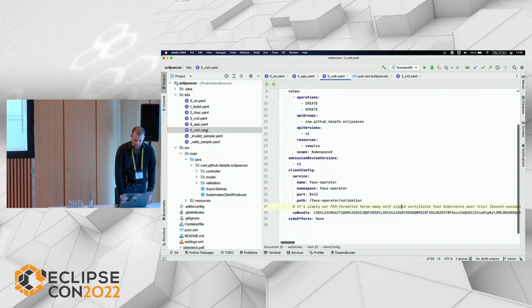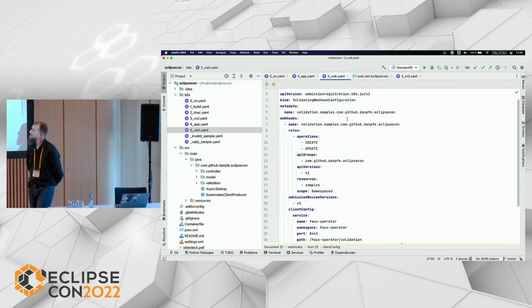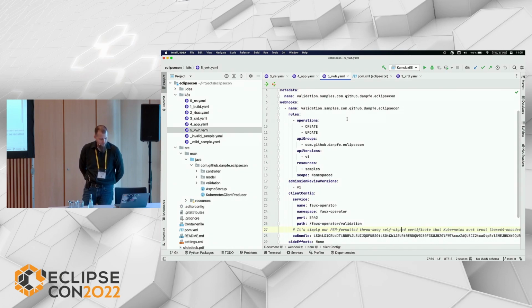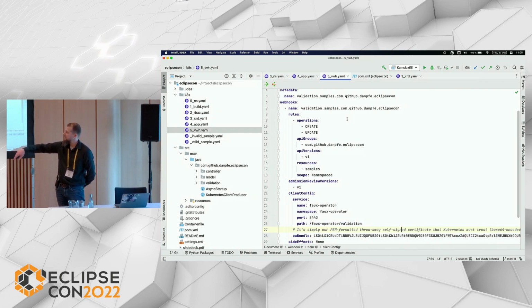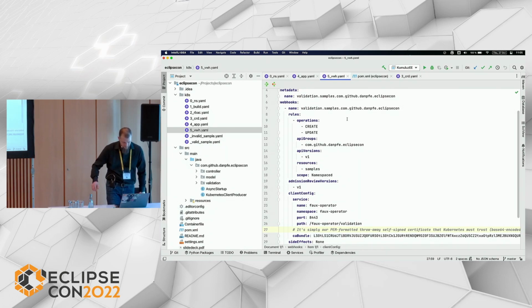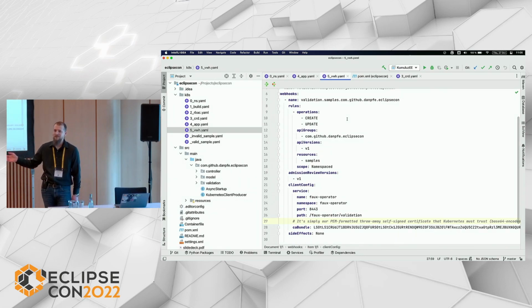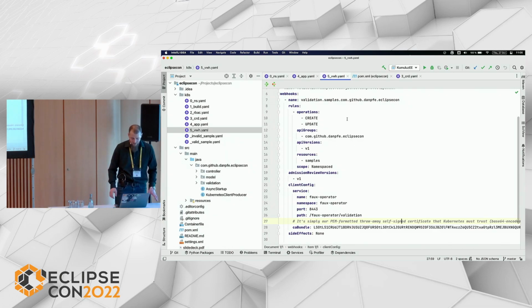And finally, we have the validation webhook. And there we basically tell Kubernetes that, OK, if a sample, like the custom resource sample, is created or updated, then we are calling a JAX-RS resource on the path faux operator and on the service faux operator in the namespace. Yeah, the same. This only works over TLS. I created a throwaway CA certificate, so even though it's checked into the code, it doesn't matter to me. You can use it for whatever you want. But I didn't want to go through that part also. I guess most of you know how to use a certificate.